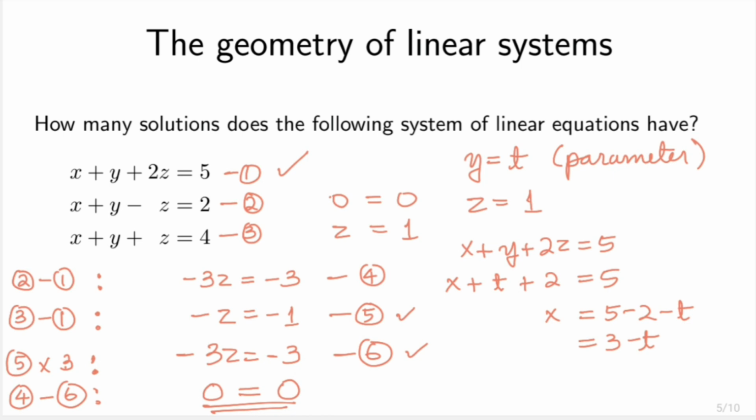Now we can also have a situation where we don't have any solutions. That is, we can create that kind of scenario. For instance, when we use elimination to get to 0 equals 0, if we had somehow got into a situation where we had, let's say, 0 equals 1, then there's no way to resolve this, because 0 can never be equal to 1. 0 is simply not equal to 1. So if you perform the steps in elimination and you end up with something like that, then we say your system is inconsistent and there are no